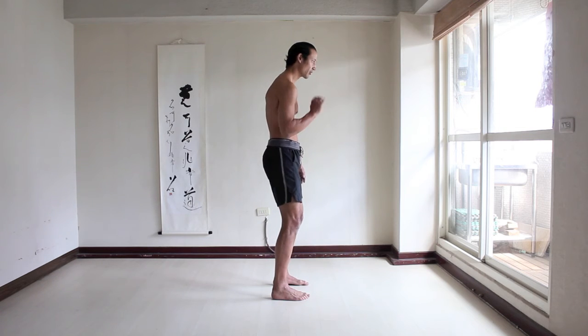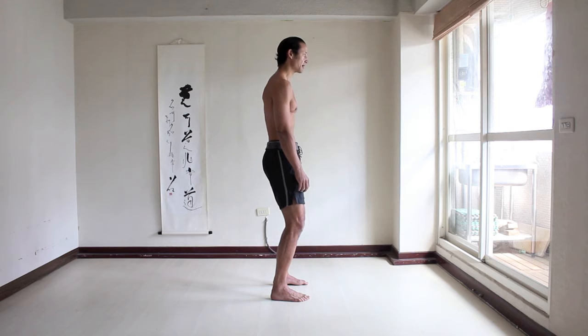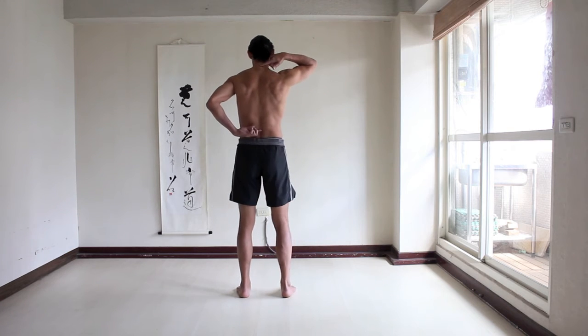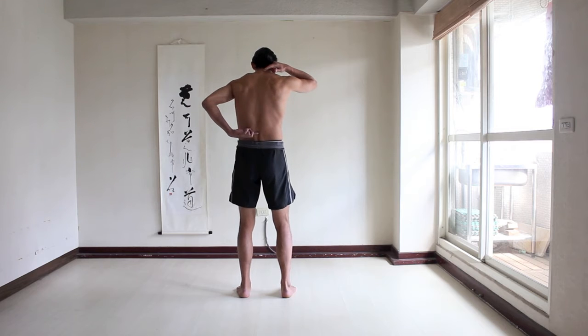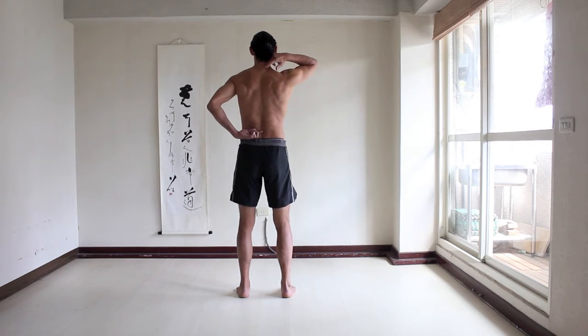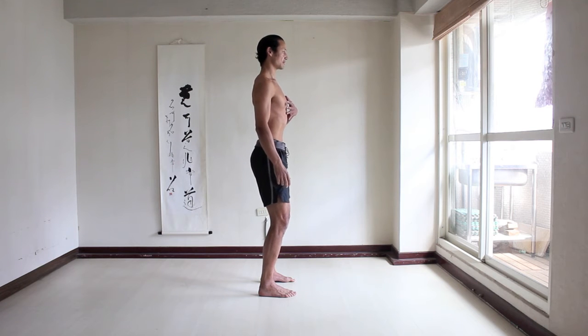Let your thoracic spine bend forwards, and then slowly bend your thoracic spine backwards. Sorry, thoracic spine is just about here. Top of the rib cage, bottom of the rib cage. So slowly bend your thoracic spine backwards. As you do so, feel your ribs and chest lifting,